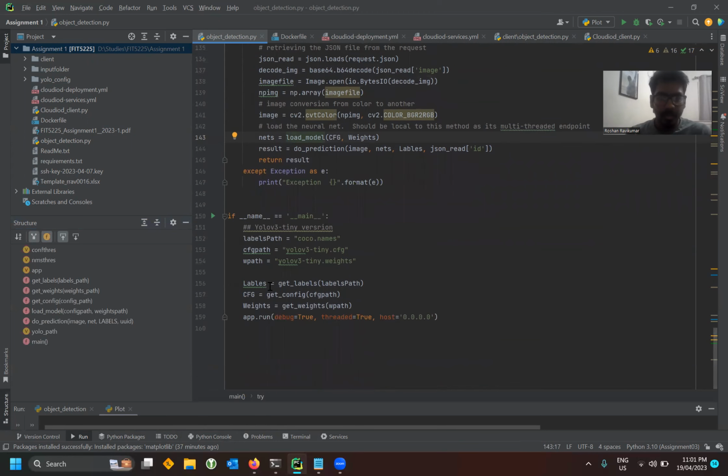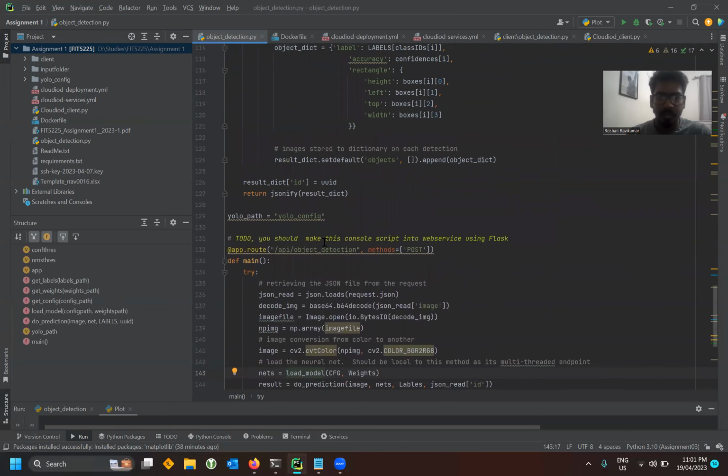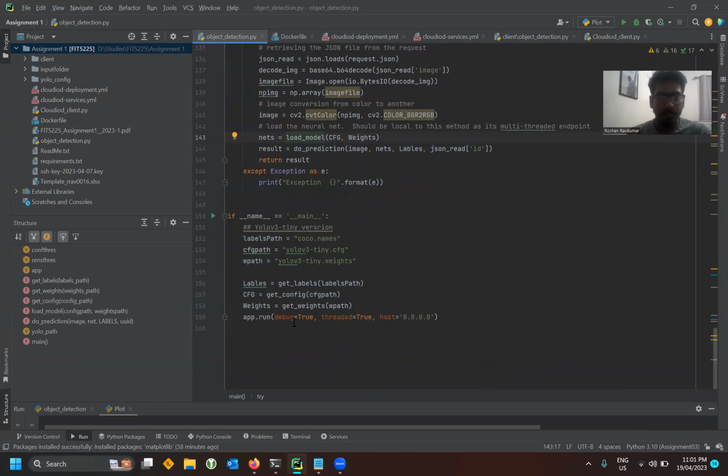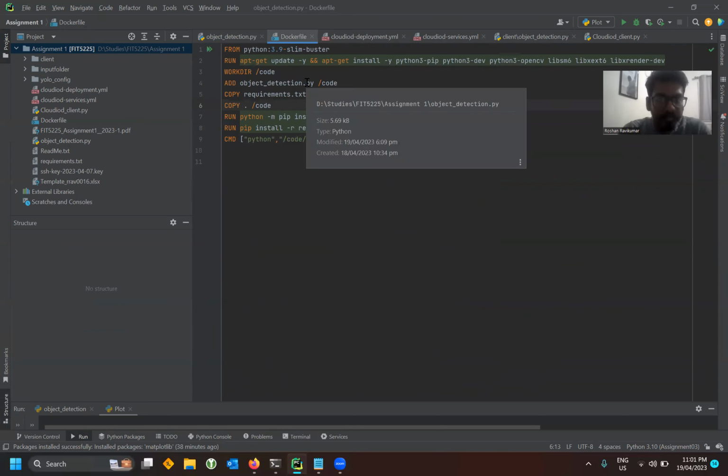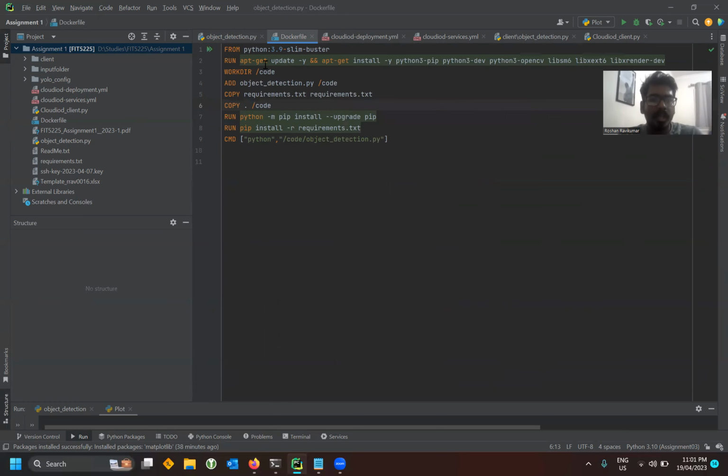So moving on, this is all my variables. This is where I have defined all my paths, and my YOLO path is defined over here. And app run debug true, threaded true, and host 0.0.0.0. And moving on, I want to show my Docker. So as for my Docker, I'm running Python 3.9 Slim Buster so that it's lightweight and easier. And I use apt-get -y to install all of these